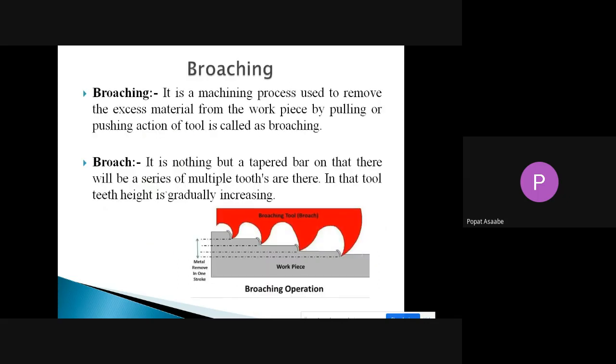Then broaching. What do you mean by broaching? Again, it is a machining process. It is used to remove material from the workpiece by the pulling or pushing action of a tool, the broaching tool. What is meant by the broach? A broach is nothing but